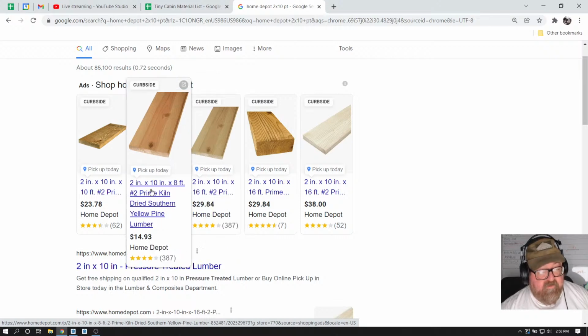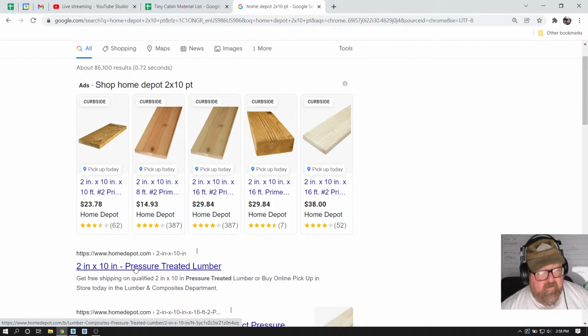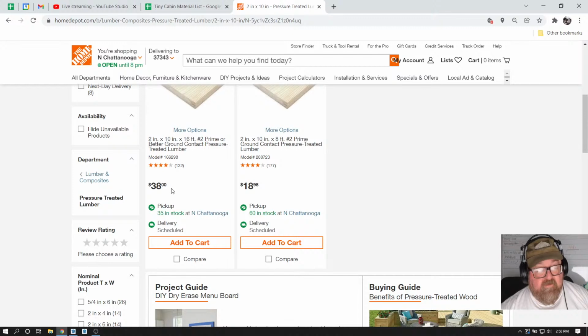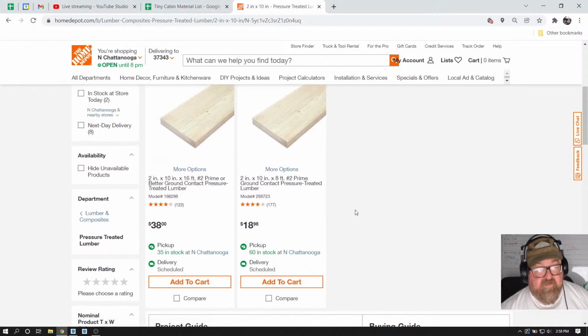And I think the pressure treated, here we go. I didn't even see that link there. So, 2x10x8. You see, you can get 16s and 8s right now. This is one thing we're dealing with in the construction industry. You can only get certain things now. So I was going to have to buy 16 footers and either waste 4 feet or do an 8-foot span. But you can see, now you can get